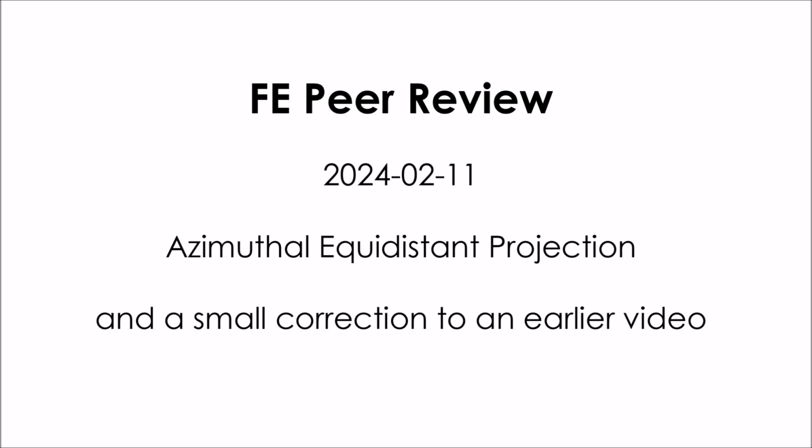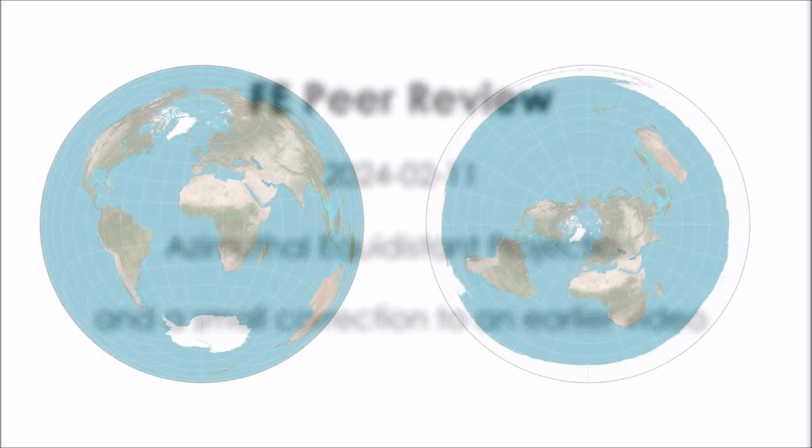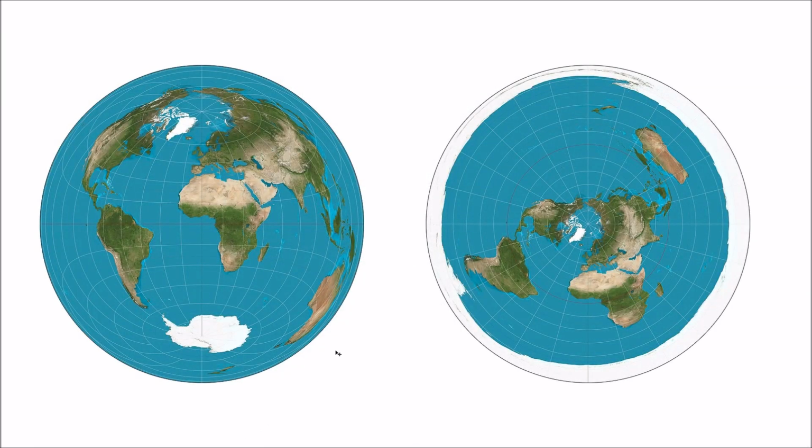The azimuthal equidistant projection and a small correction to an earlier video. In my last video on map projections, we looked at the Lambert equal area azimuthal projection, which we see here on the left. And today we're going to look at another azimuthal projection, but this one is an equal distance projection. So I'm going to quickly touch on the small mistake in my earlier video and correct it, and then